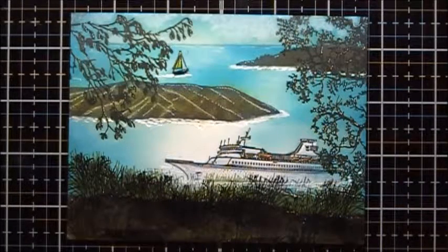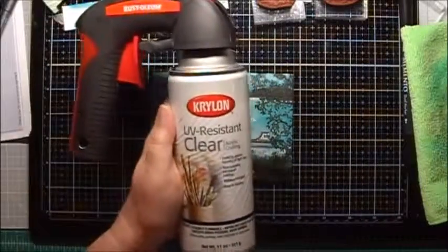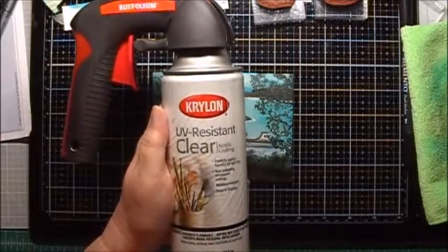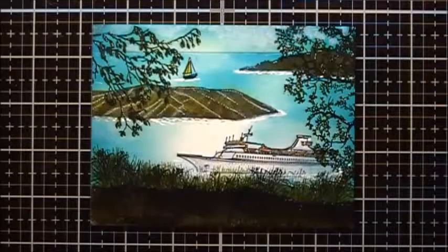Okay, this has been drying now for a few hours, and so I'm going to take it outside, and I'm going to spray it with some of my Krylon UV resistant clear acrylic coating, and when I'm finished, I'll be back. Okay, and here is the final result after I finished spraying it with the acrylic coating,